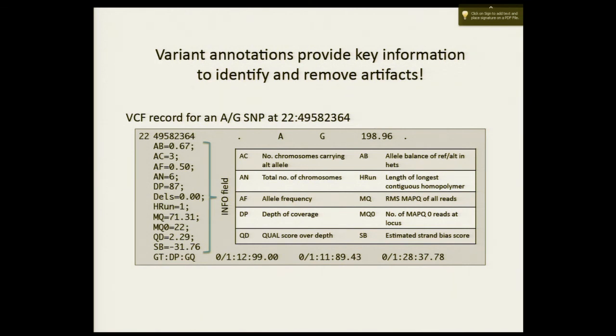Homopolymer run, mapping, RMS mapping quality, the number of mapping quality 0 reads, this thing called the quality score divided by the depth, so this number divided by the number of reads, things like strand bias, and any number of things that anyone can think of, right? And this is sort of a game now to come up with new statistics to throw in here